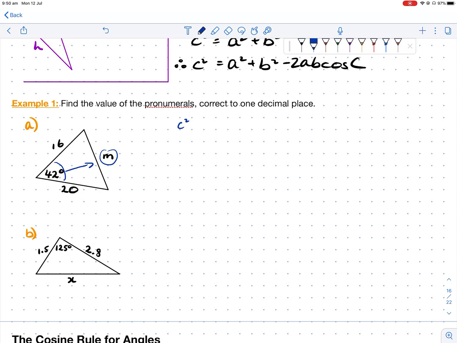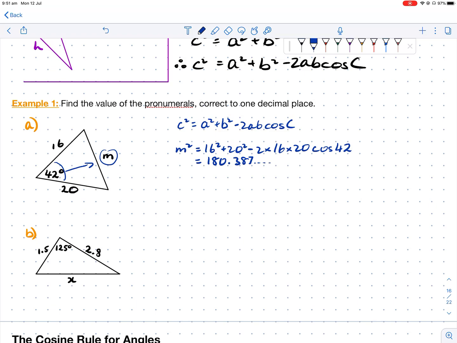So when we take c squared equals a squared plus b squared minus 2ab cos c, and we substitute these values in, we get m squared equals 16 squared plus 20 squared minus 2 times 16 times 20 times the cosine of 42. So the 16 and the 20, it doesn't matter which order you put them in, because in the end, if you're adding these two squares, it doesn't matter the order. If you're multiplying the 16 and the 20, that doesn't matter either. So when you put that into the calculator, we get